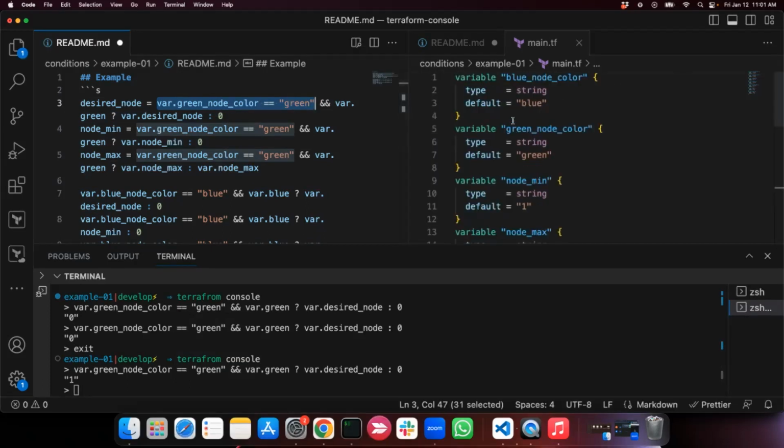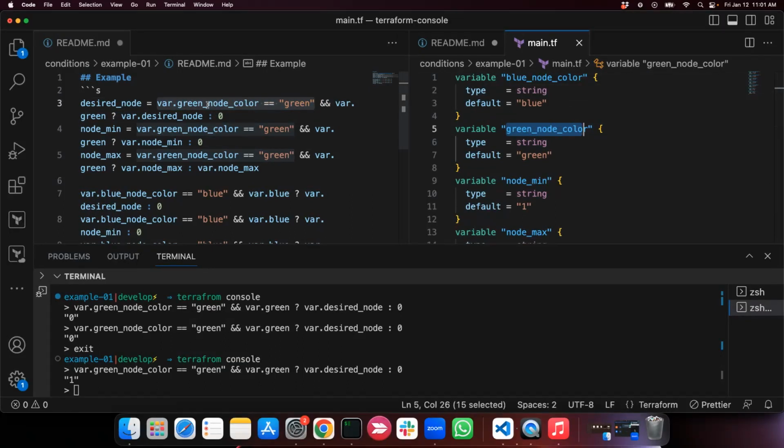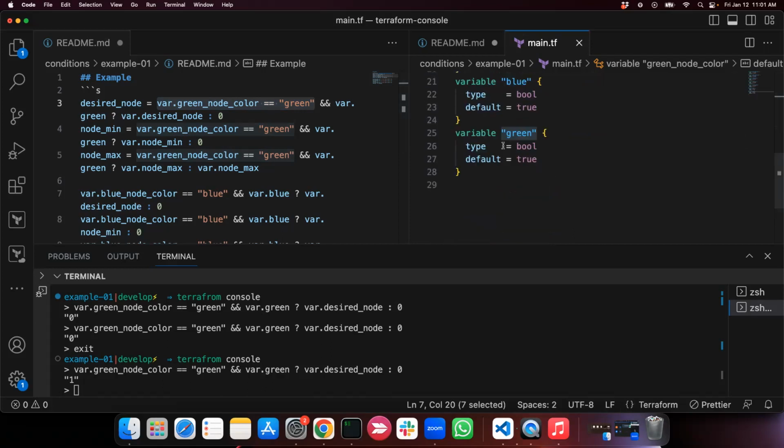As you guys can see here, the var.node_color is equal to green. The var.green_node_color is equal to green, which is true. Also, the var.green is true. If we check here, you can see that the var.green now is true,